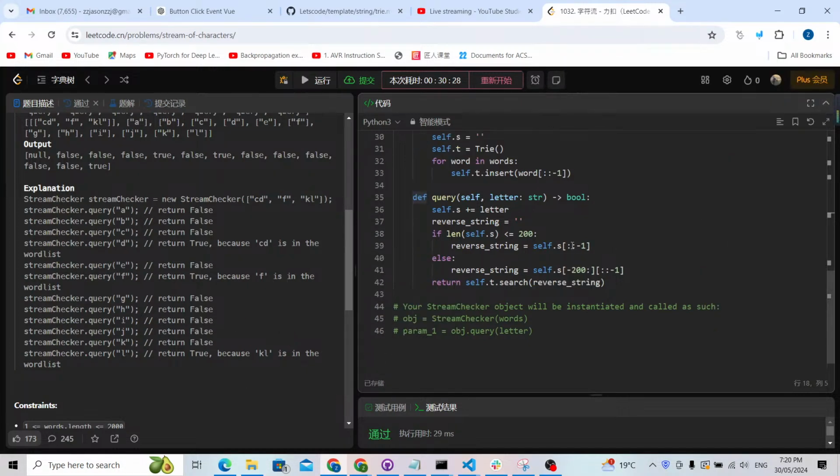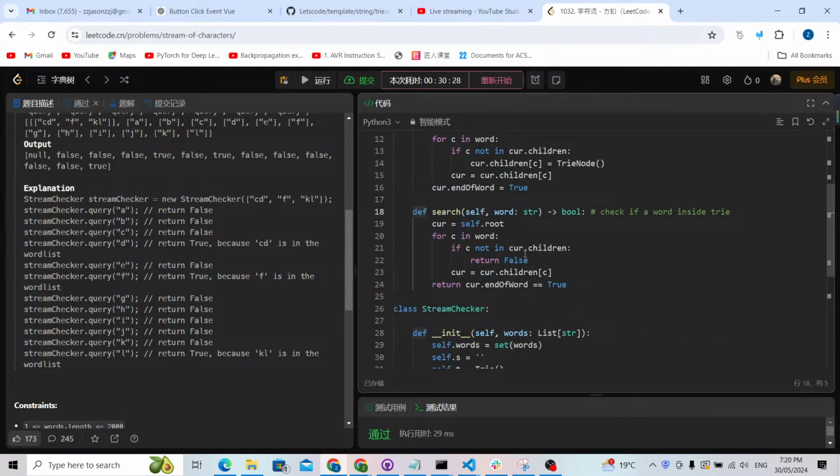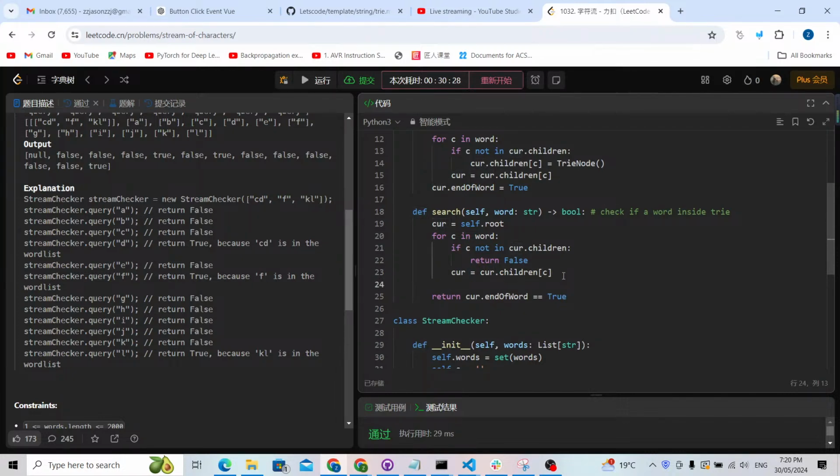So we're gonna change the search function a little bit. Here, if this character is not inside current.children, I'm gonna return a false. Otherwise, I'm gonna shift to the next character. But from here, I can check if, for the current node, it is the end of a word,